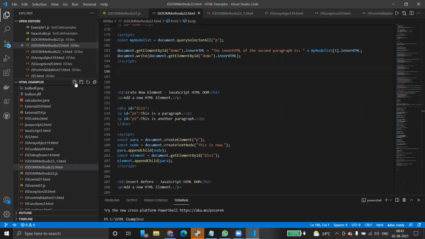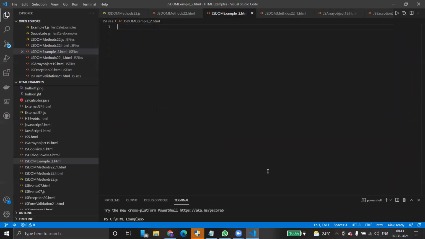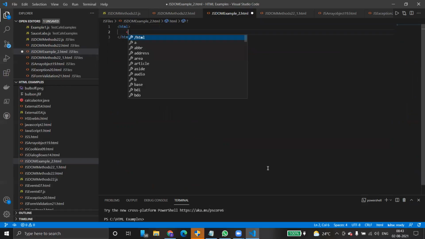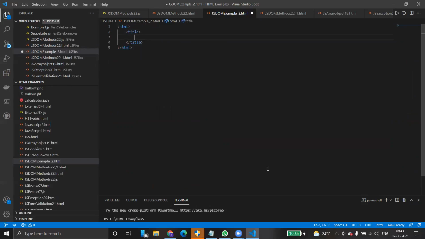Just go to new. Actually, JavaScript DOM examples. So you know HTML, and then title. This is inside title. This is inside header.